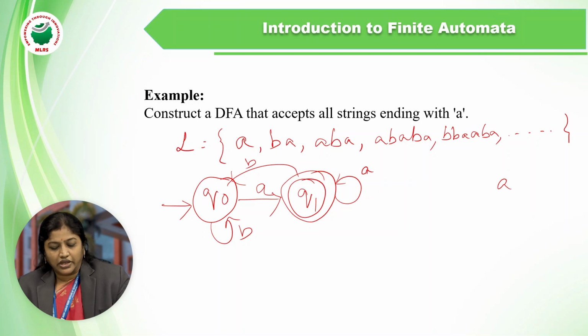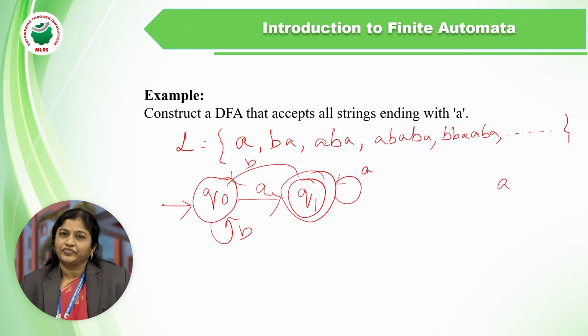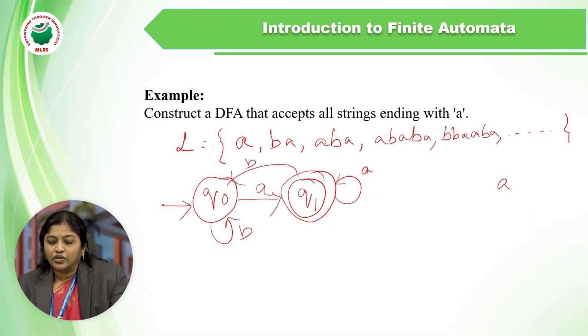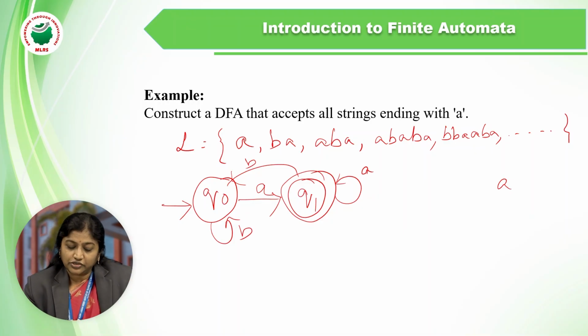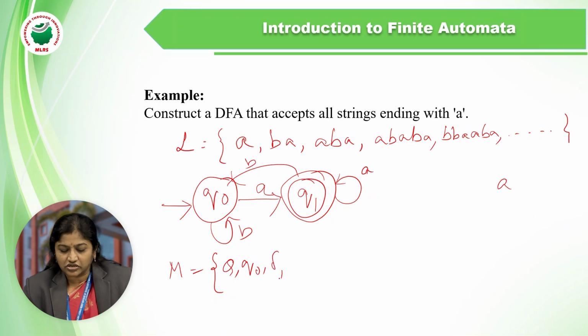So Q0 on A is Q1, on B is Q0; Q1 on A is Q1 and on B goes to Q0, but to reach the final state it should go back to Q1 with the input symbol A. This is how we need to draw the transition diagram for strings ending with A. Okay, and write all the 5 tuples. So what are the 5 tuples? Capital Q, small Q0, transition function,